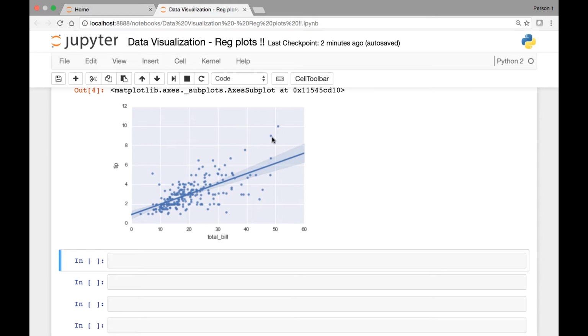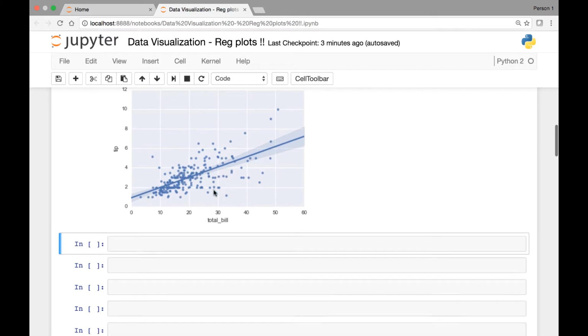So each of these scatter points is an individual data point, and this is a regression line. This regression line is the best fit line for all of these data points, and we see that there is some relationship between total bill and tips paid, right? So the higher the total bill, the higher the tip paid. Okay,